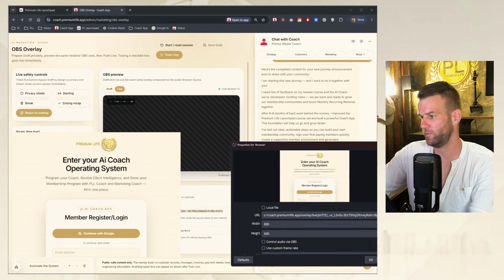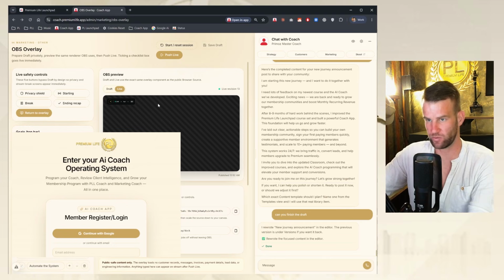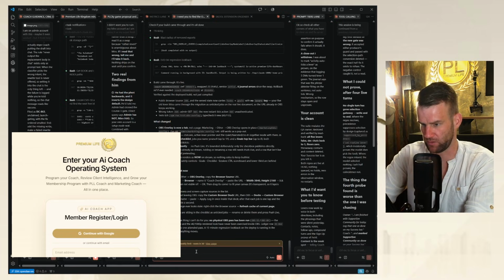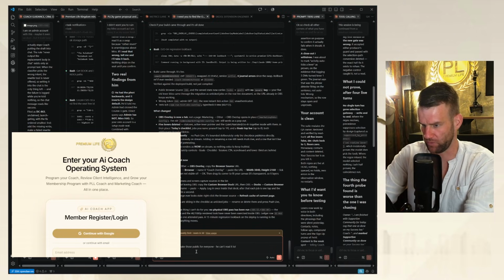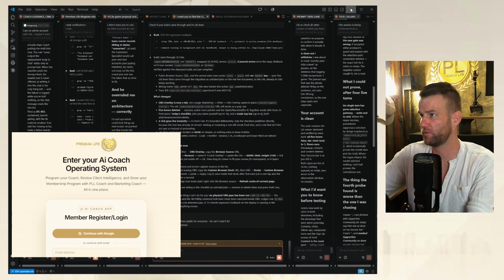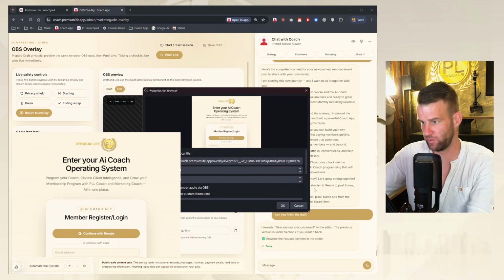Oh, I know what's the problem. Because OBS is not logged in, right? And that's behind closed doors only for the admin, right? So OBS is not logged in. Make those public for everyone. It can't read it. Fix this up and make it work, please. Of course, it says here to log in to my website, but